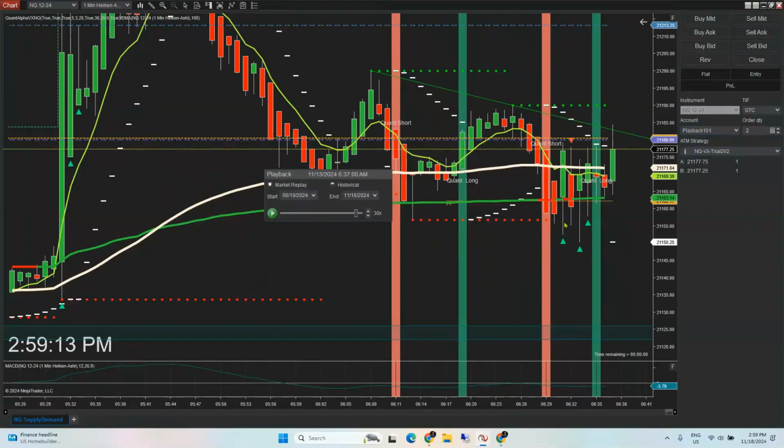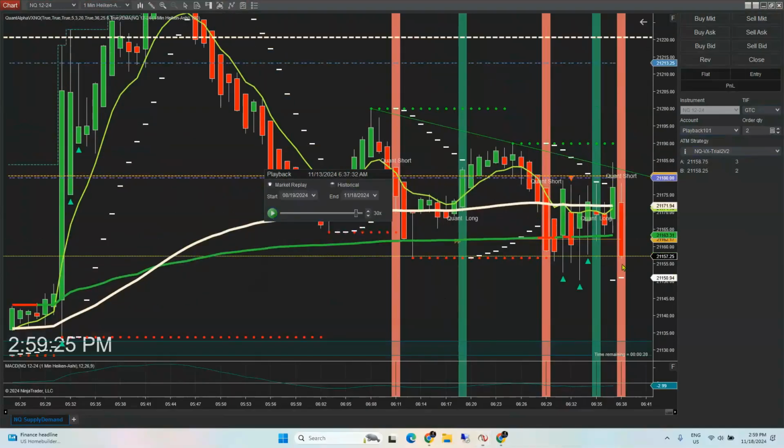And by the way, if you didn't take the short trade, if you didn't touch it here, you should be long now, because this is already the long signal here. It should be long already if you don't take this trade. And it's going to be a losing trade too. So the problem is,